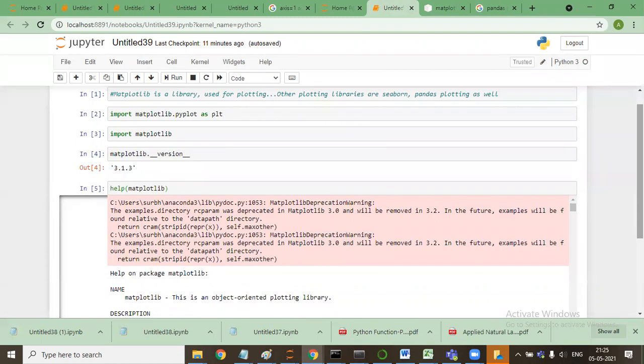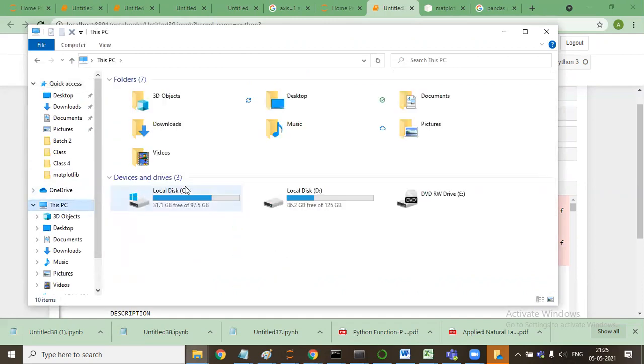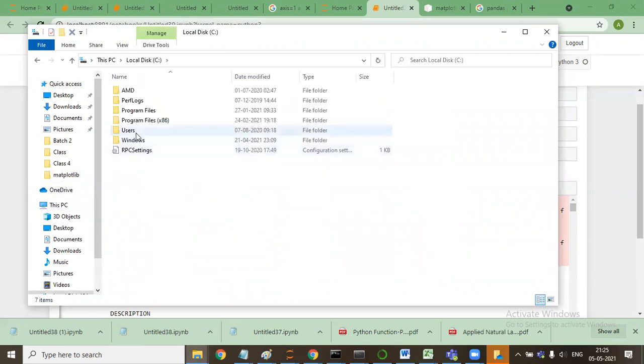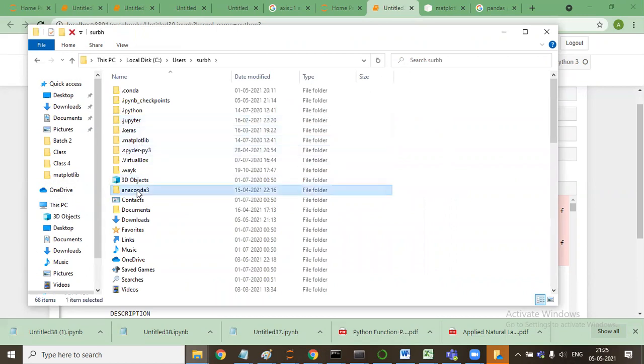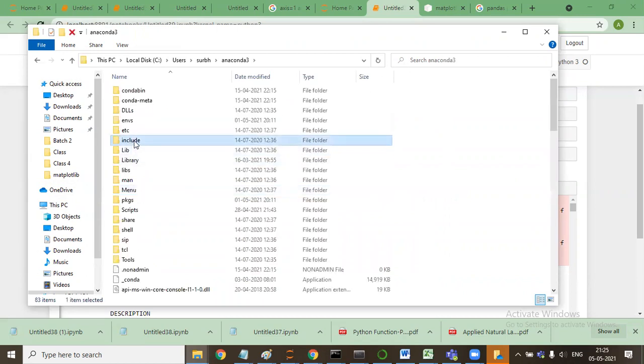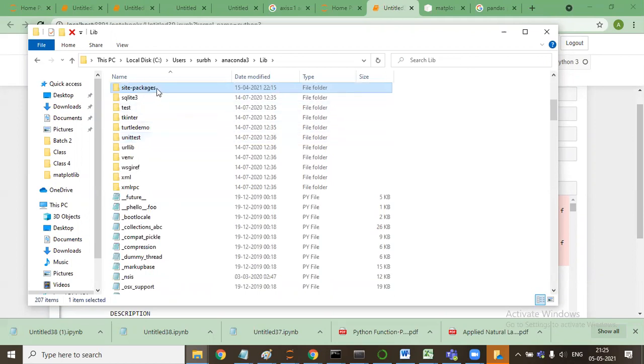Can't we just write import matplotlib as plt? Yeah, you can use that, but let me show you. This is the Anaconda folder where I've been going, Anaconda lib site-packages.